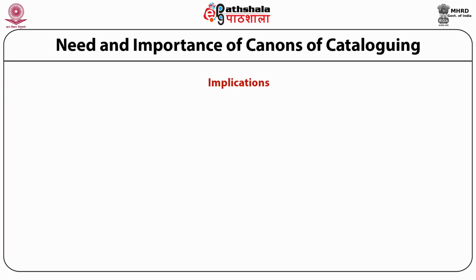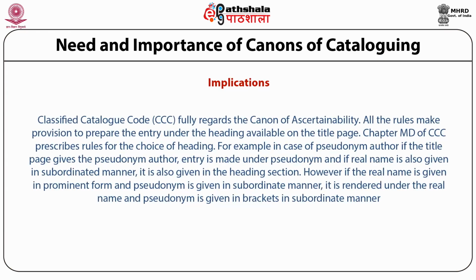Implications of Canon of Ascertainability. Classified Catalog Code, shortly known as CCC, fully regards the Canon of Ascertainability. All the rules make provision to prepare the entry under the heading available on the title page. Chapter MD of CCC prescribes rules for the choice of heading. For example, in case of a pseudonymous author, if the title page gives the pseudonym, the entry is to be made